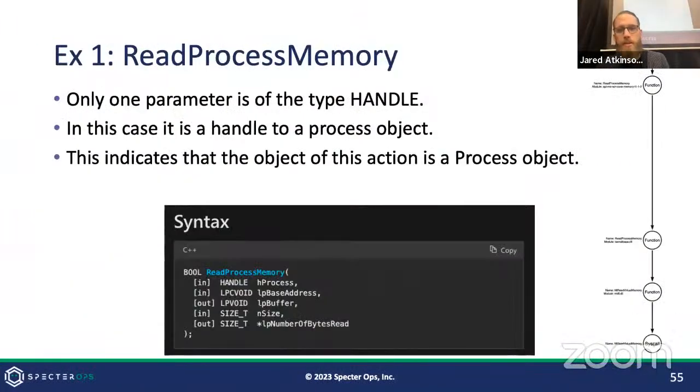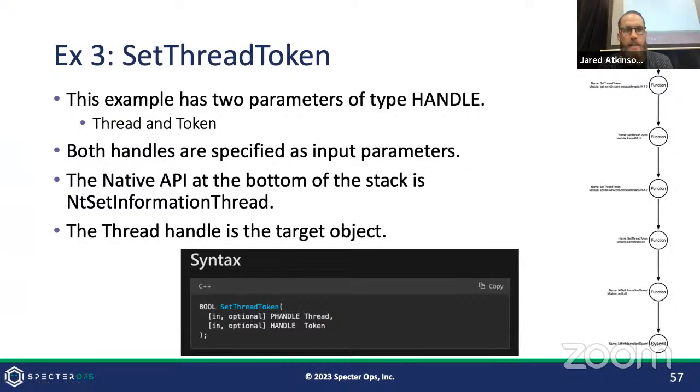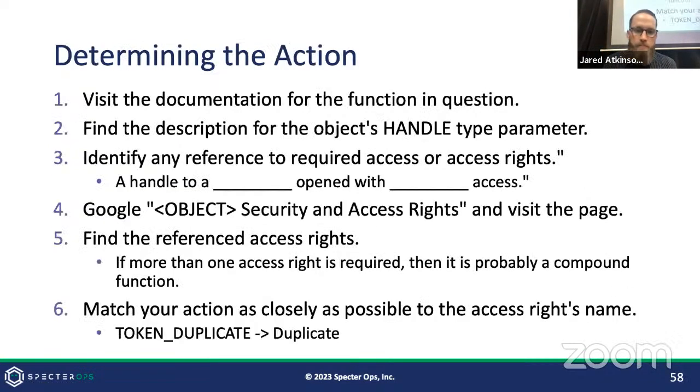Okay. And so here, ReadProcessMemory is just an example of the first type where it only takes one handle, hProcess. So we know that that's interacting with a process object. This is DuplicateToken, the one that we just talked about. And then we have SetThreadToken, which was the third example, and we went down and looked at the native API, or the syscall NtSetInformationThread, and it only took one handle,